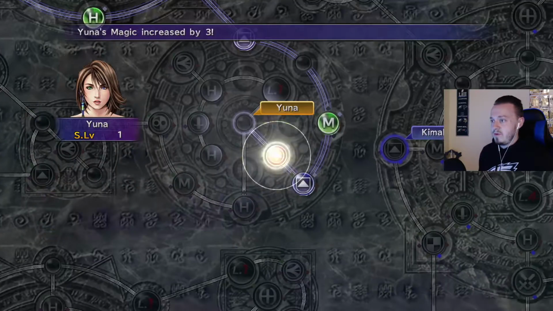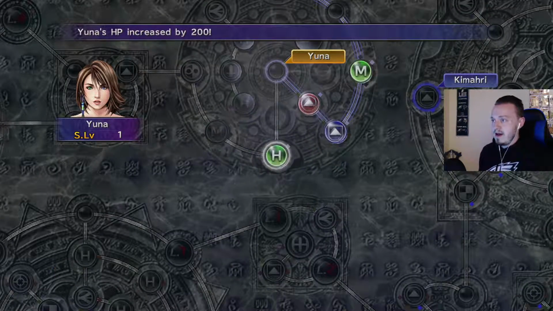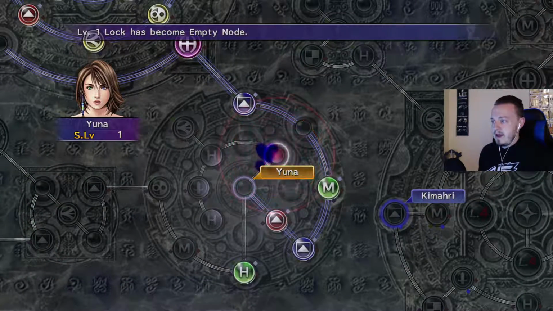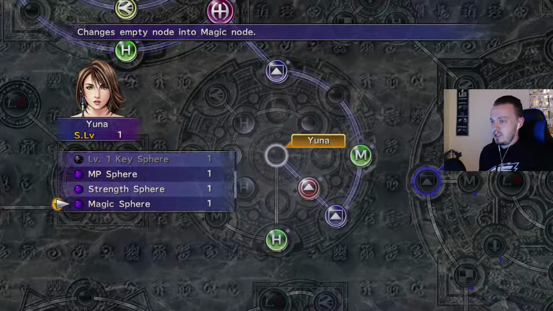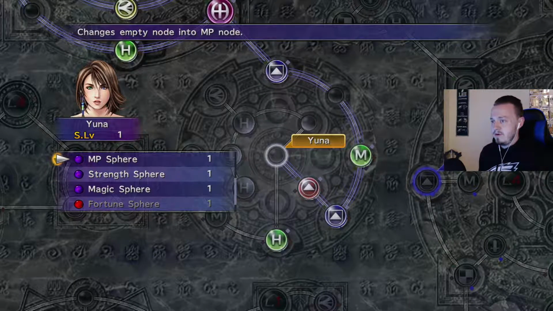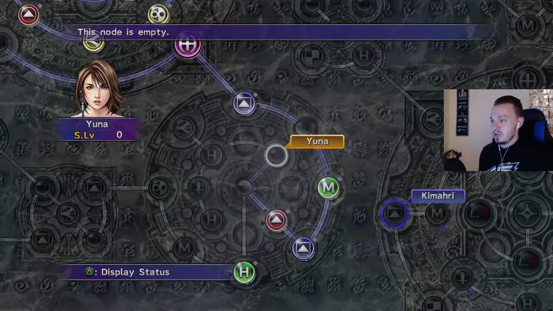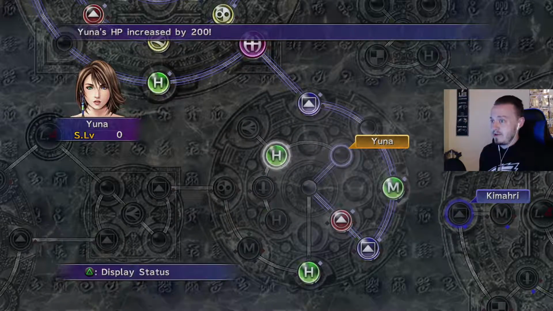Now, I think what I want to do here, so you'll see there's the level 1 key lock. I think I'm going to use this. I am going to use it. And we're going to go ahead and... Do we have an HP sphere? Okay. Then I'm going to move here because there's 2 HP spheres that we can get, which Yuna needs all the health she can get, so...